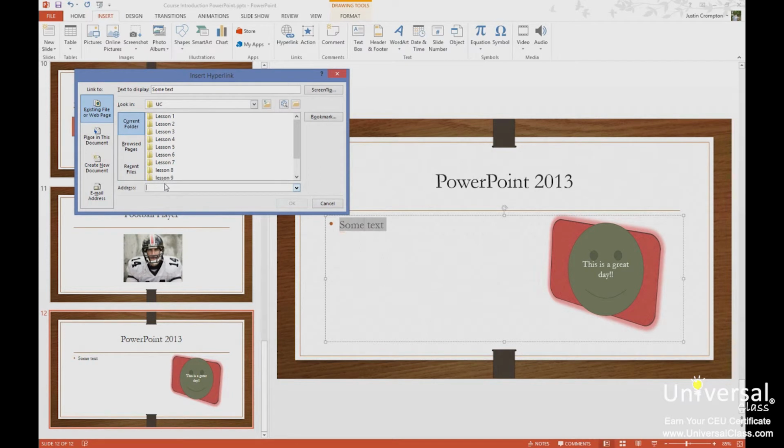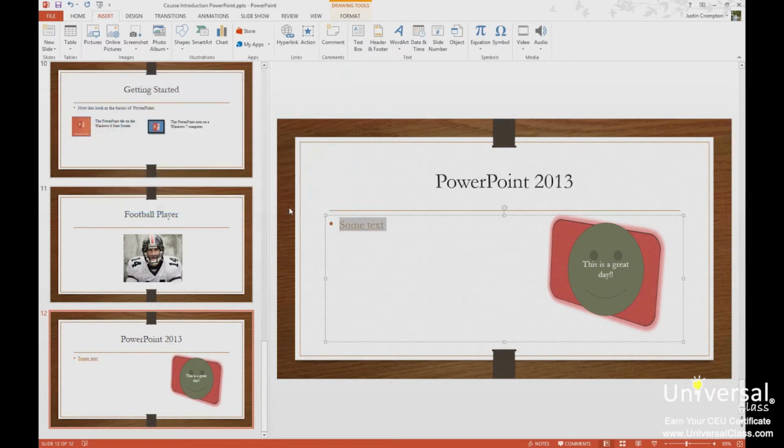So if I pick hyperlink, I can type an address of a web page, like msn.com, and hit OK. Now, I have a link. This link will only work in presentation view. So if I go into presentation view,